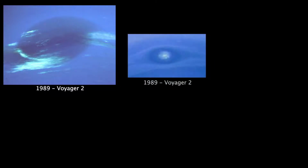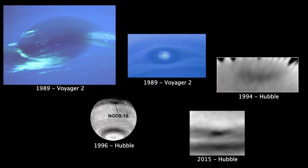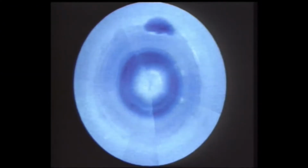Since then, that spot has also disappeared, and now in total we've observed 5 different dark spots on Neptune. We can see that large storms on Neptune form and dissipate much more rapidly than storms on Jupiter, and there's a lot of diversity in what Neptune storms look like and how they move. These dark vortices on Neptune present atmospheric scientists with an amazing opportunity to learn about how storms work on a